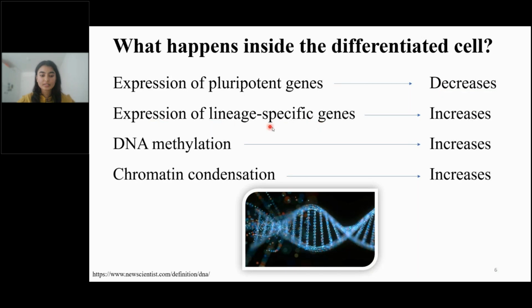It means now the cell knows, okay, now I have to become a neuron, or for example, now I have to become a red blood cell, so I have to go from a hematopoietic stem cell path, right? So the expression of the lineage specific genes increases because now it knows, okay, now I have to be an RBC. Then third is DNA methylation. As I told, the genes need to be shut off so that it could be more specific. It would work for something more specific. So the DNA methylation increases. And obviously the fourth, the chromatin condensation, it also increases, right?